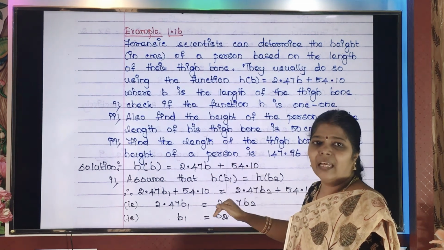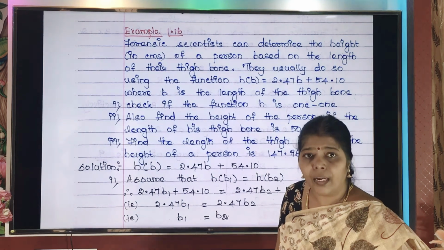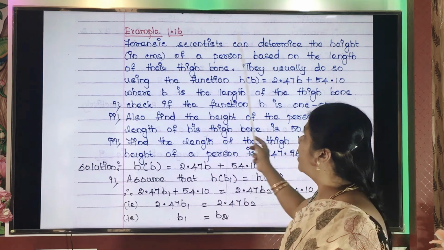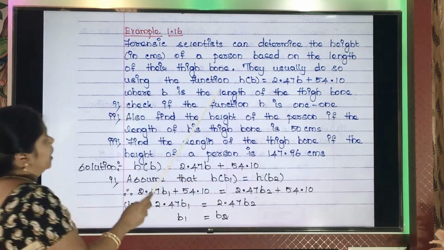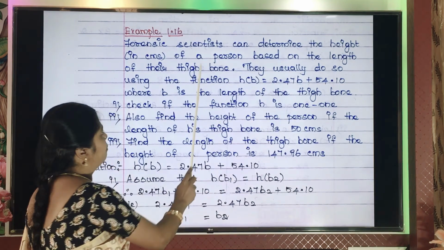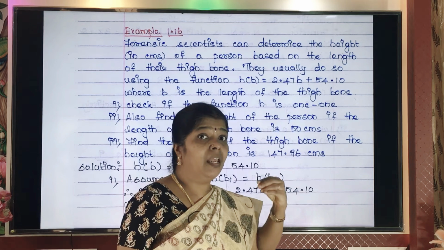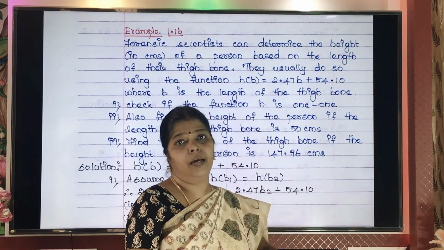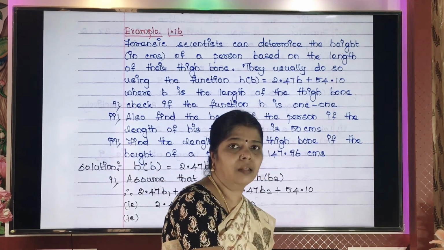Okay, here with the help of the length of the thigh bone, the length of a person's thigh bone, we can find their height. So in that sum, they usually do so using the function. We do not need to find the function for this. They themselves have given the relation between the thigh bone's length and the height